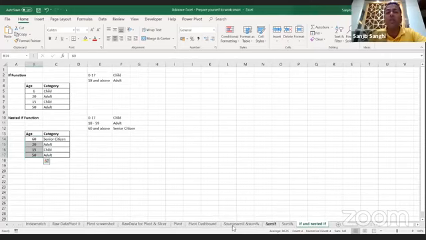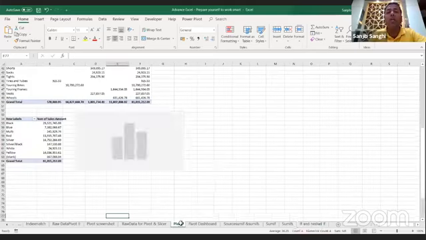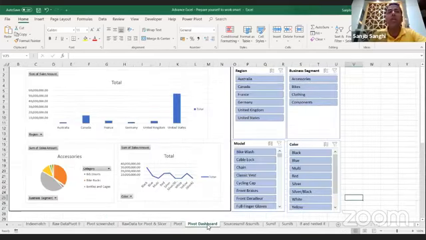Now, when I talk about SUMIF function or IF function, what are we trying to derive over here? What we are trying to do in the pivot table is basically a visualization of a data set to get a report which is dynamic, which can be used for various decision making. That's the objective.